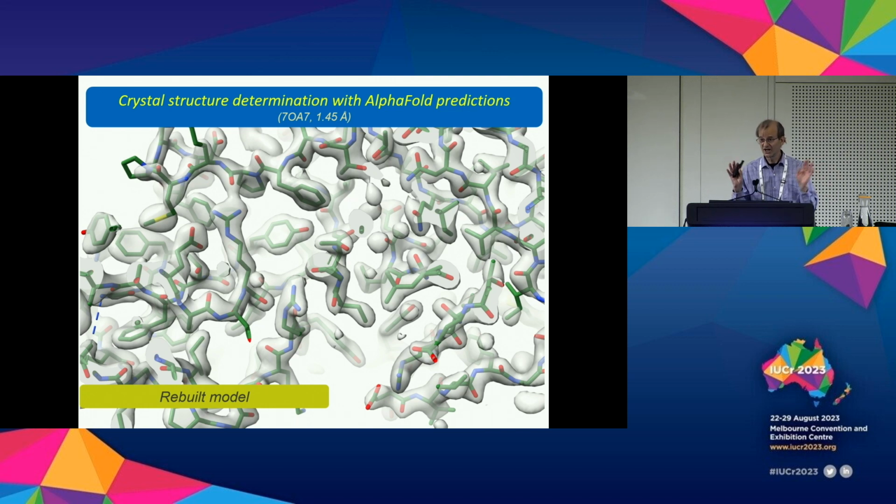Okay, you're done. That was it, right? All you did was a prediction. You trimmed off the bad stuff. You cut it into domains. You did a molecular replacement. You refined it a little bit. AutoBuild. You're done. Okay, so those of you who have used AlphaFold models, you may have had such a nice